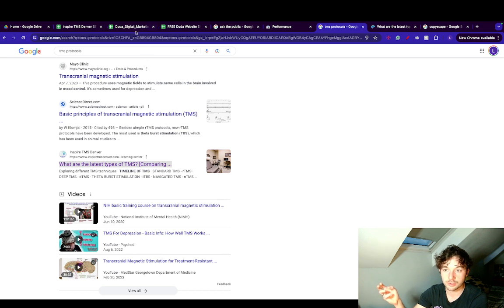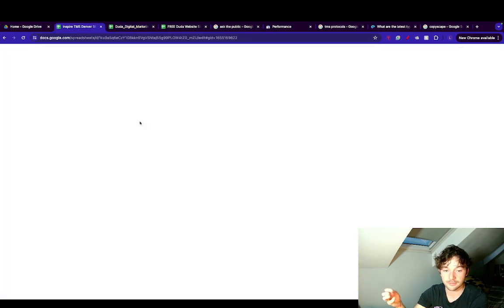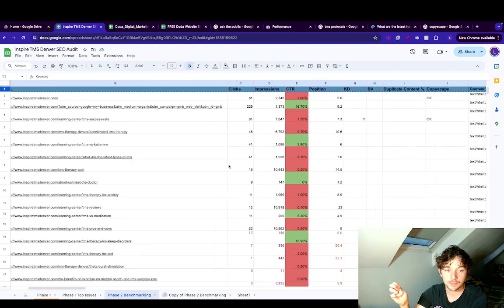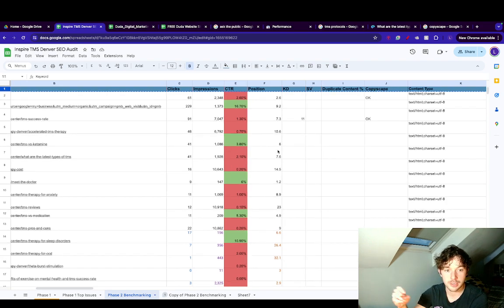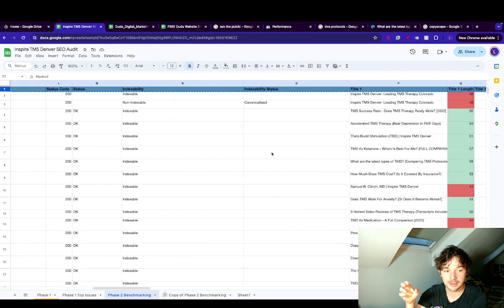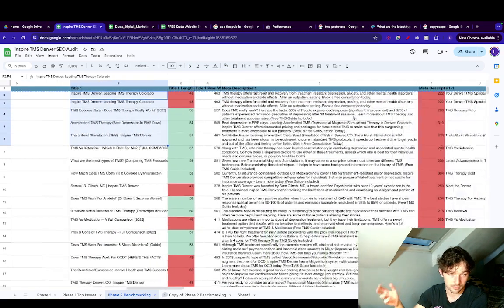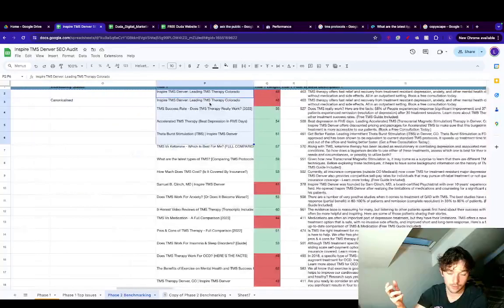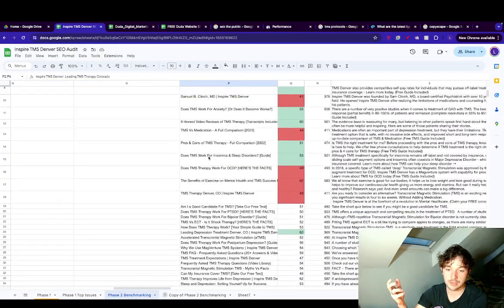Now, what you want to do if you are going to make these changes, and you can get this data from Screaming Frog, like I've done in here, and you can just plug a URL into Screaming Frog. I showed this in the guide video, and it can give you all of this data here. It can give you the meta descriptions, the title tags, everything like that, the H1s. So what we'd do is we'd copy